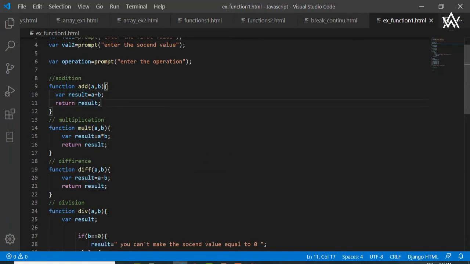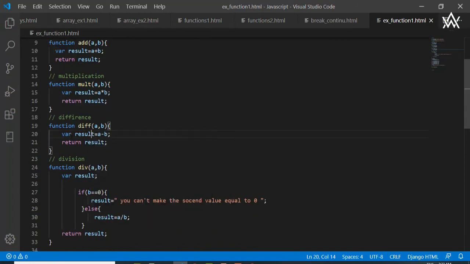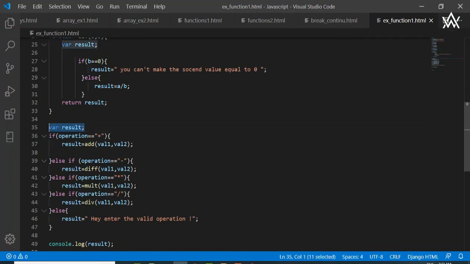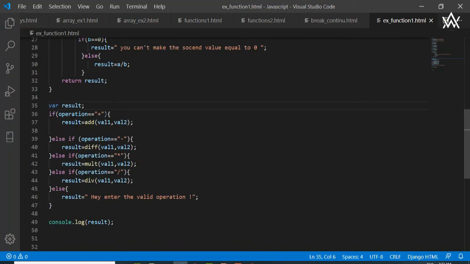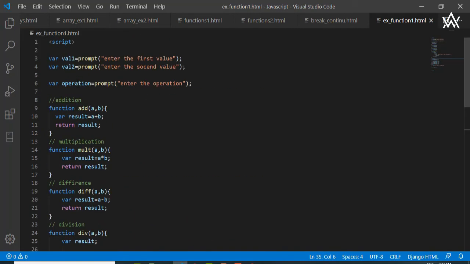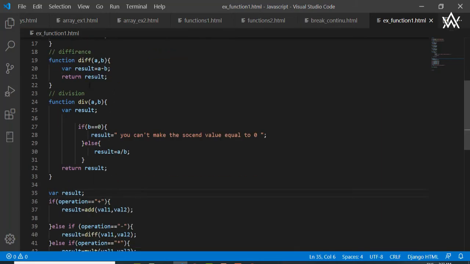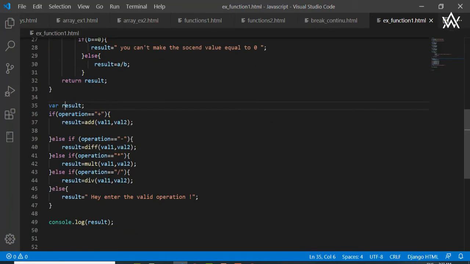Each function returns the result. Now I create a variable result without any value. Here I say if the operation that the user entered, we have the variable operation here, equals plus, I want the result to be add val1, val2. Remember, the return keyword will make this add the same thing as when we make